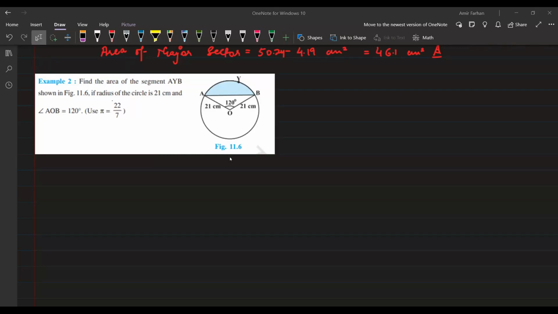So to find the minor segment, area of sector minus the triangle. I'm giving you one hint. Look, if you draw a perpendicular over here, it will be 90 degrees. So you can use the Pythagoras theorem to calculate this base. If you find any of the values, look, 21 is there, so it means that it is half, right? Yes, sir. Okay. So if you twice it, it will be the base. Height is already there. You can also calculate using the ratios, and then you can subtract the area of the minor sector and the segment. Try it a little bit and let me know.